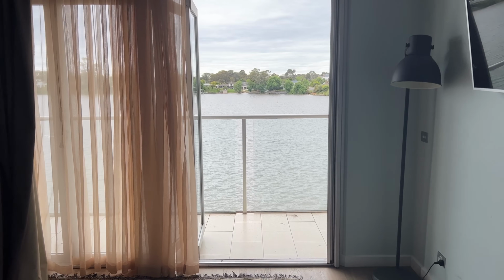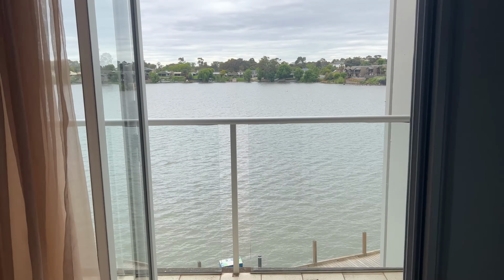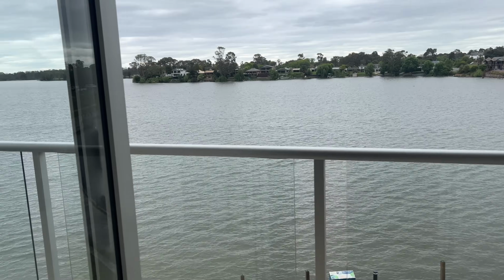There's a beautiful brewery. We had a great lunch out with a wonderful view. I'll insert some pics so you can see what we ate. But this is our room. We're at the Lakefront Motel at Nambi. I'll show you our gorgeous view. So we've got a really lovely room here, and the balcony is just gorgeous. We're on the top floor,